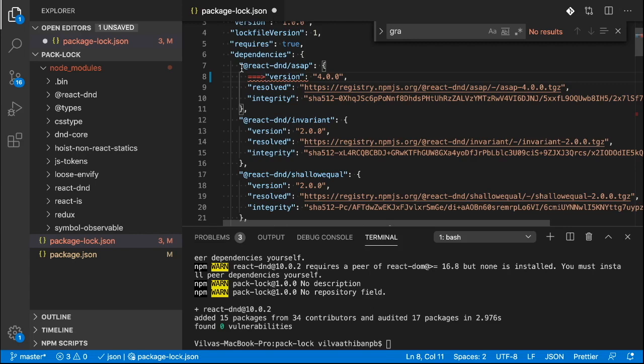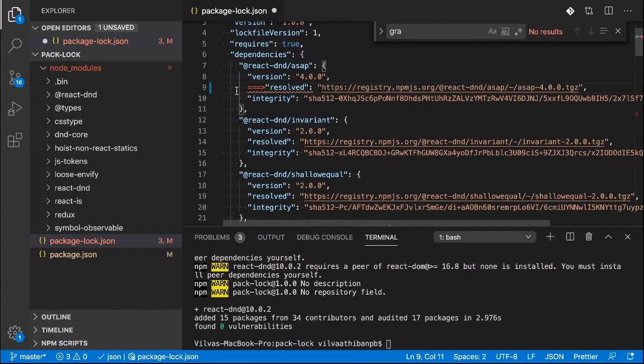The first field is version. It tells us what is the version of the package that is required. This doesn't have to be a number always. This can also be a URL of a tgz file, or a URL to a GitHub repository with a hash, or it can even be a URL to a local bundle. Since we are installing it from the registry, it's a version number here at the moment.